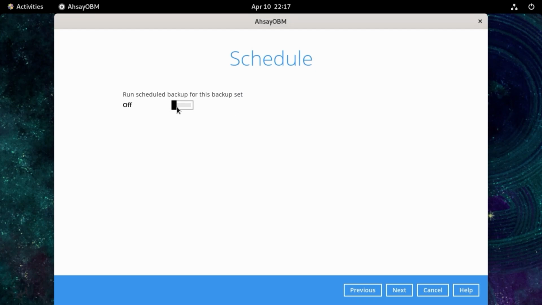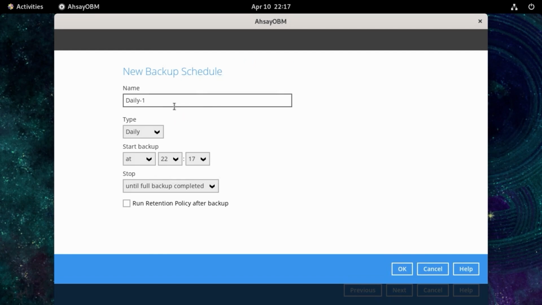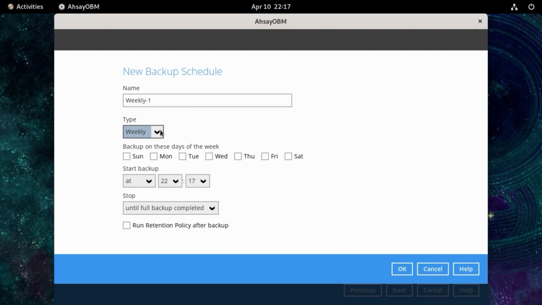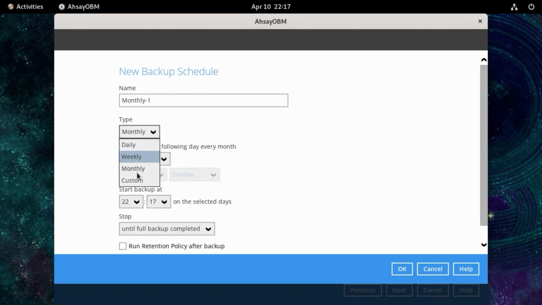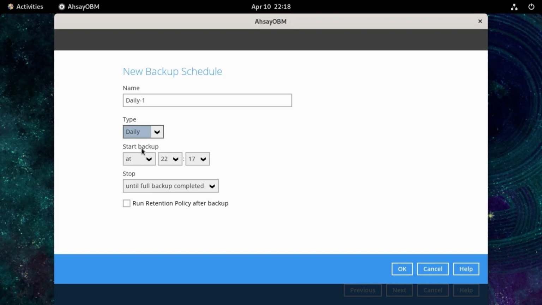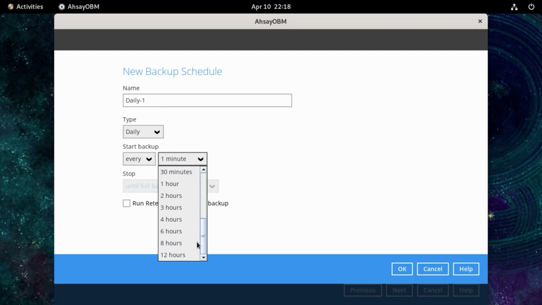Turn on the setting and click on the plus icon to add a new schedule. Input the name of the new backup schedule. And for the type setting, you can either select daily, weekly, monthly, or a custom setting. For the start backup setting, you can choose at if you want the backup schedule to start at a specified time or every if you want it to start at a specified interval, ranging from 1 minute up to 12